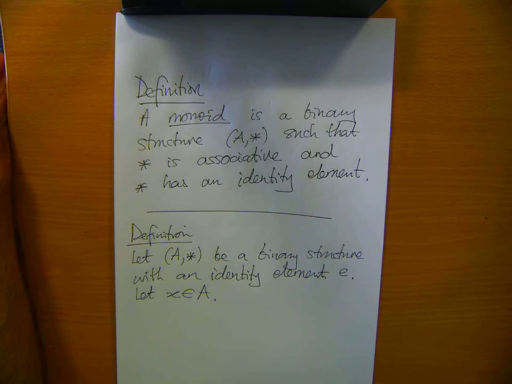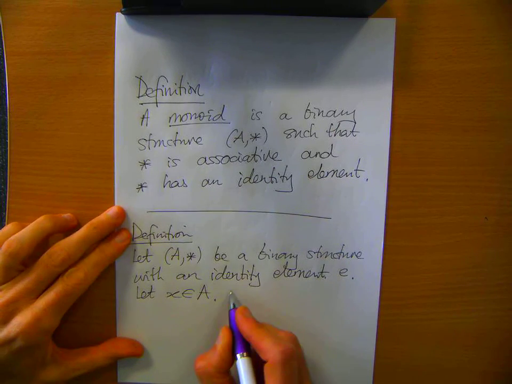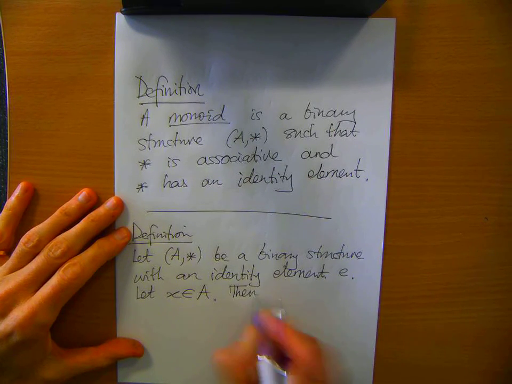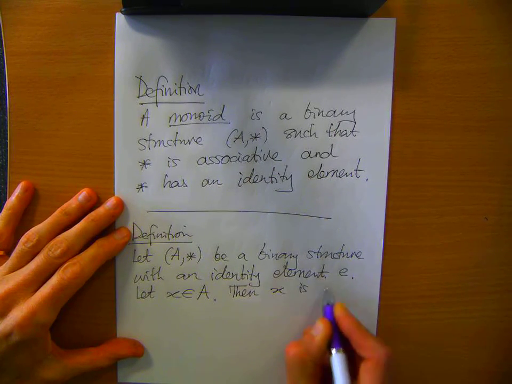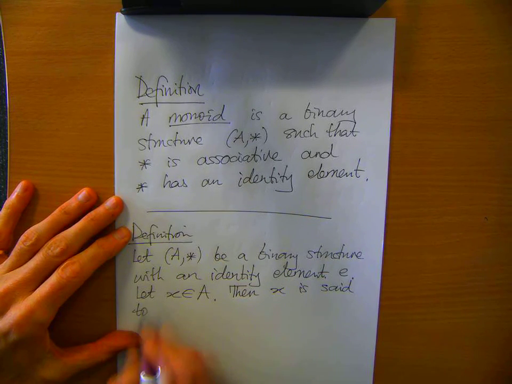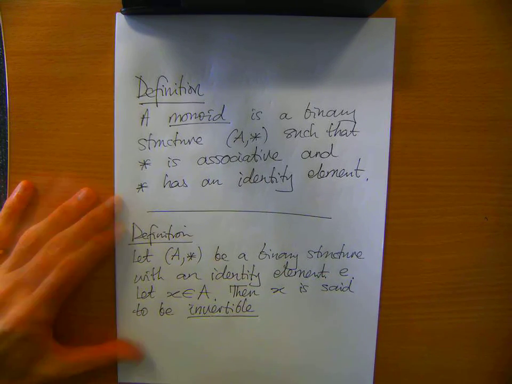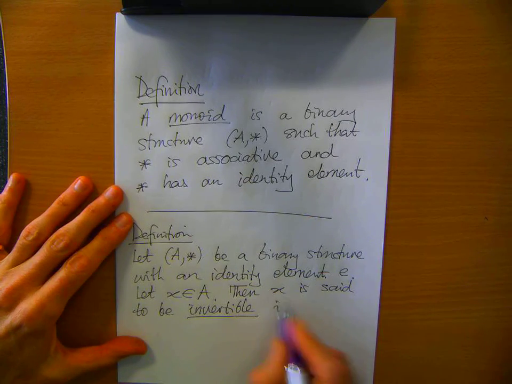Those kind of ideas we're going to generalize. Then x is said to be invertible. Is that the right way to spell it? I think so. If and only if,